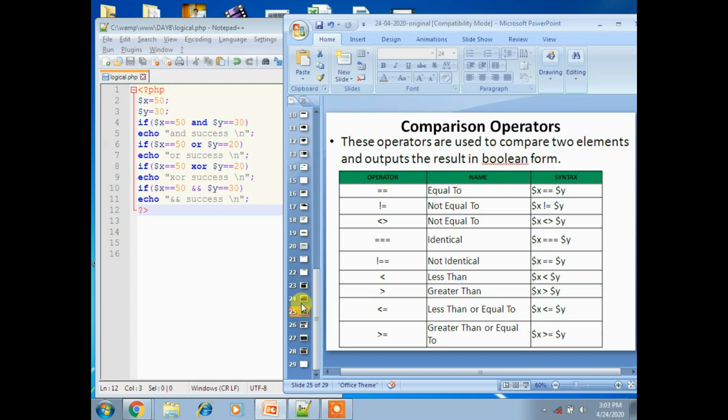The name itself says it: comparison operator. We compare two elements and output the result in Boolean format like yes or no.